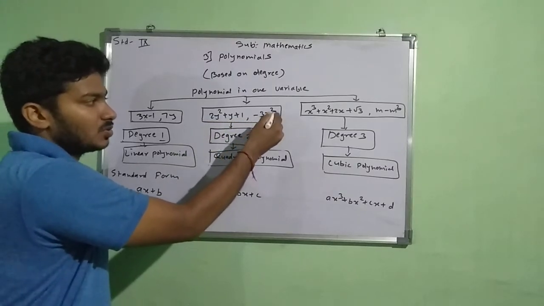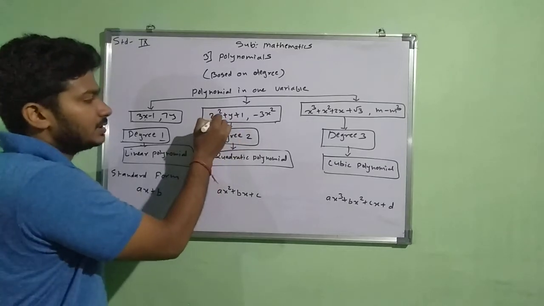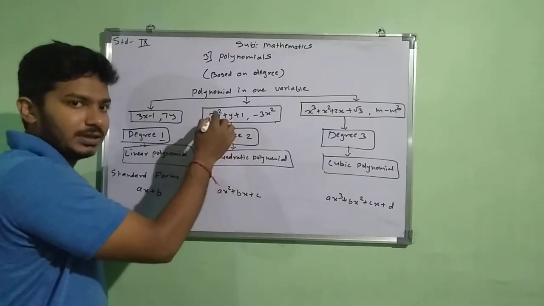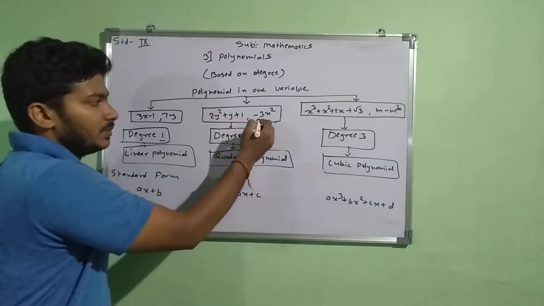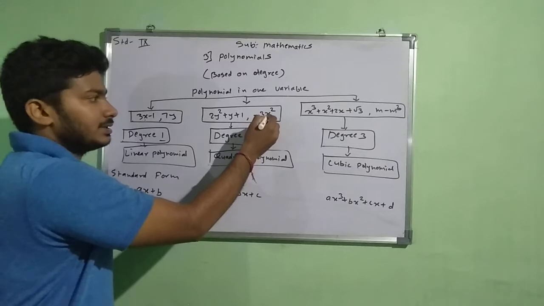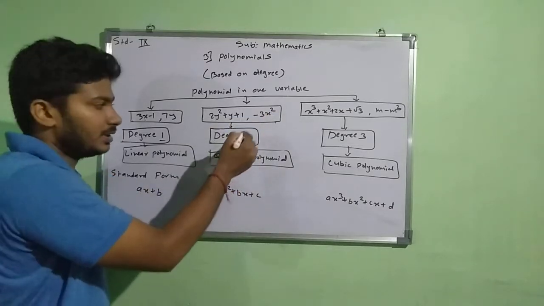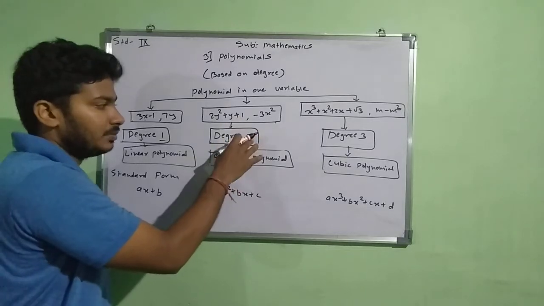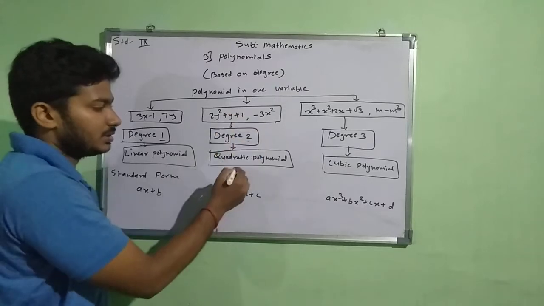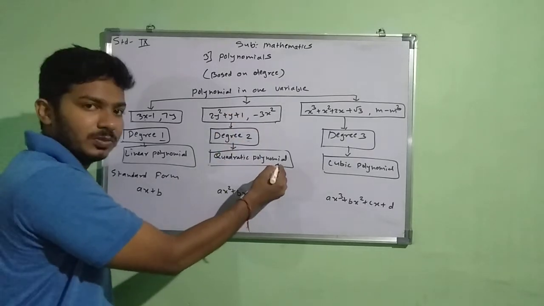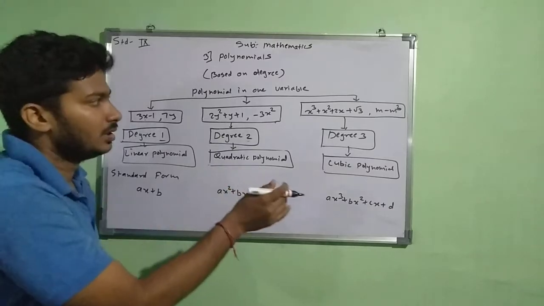Secondly, you can see here I have written 2y square plus y plus 1, and second example is minus 3x square. Now if you want to find the degree of that polynomial, we can see the degree means highest power of that variable. So here we have variable y and the power is 2. Similarly, in another example, if we have variable x and the power is 2, that means the highest power of the variable is 2. On that time, if the degree is 2, on that time that kind of polynomials are called quadratic polynomial. Okay, because degree is 2, that is why it is called as a quadratic polynomial.